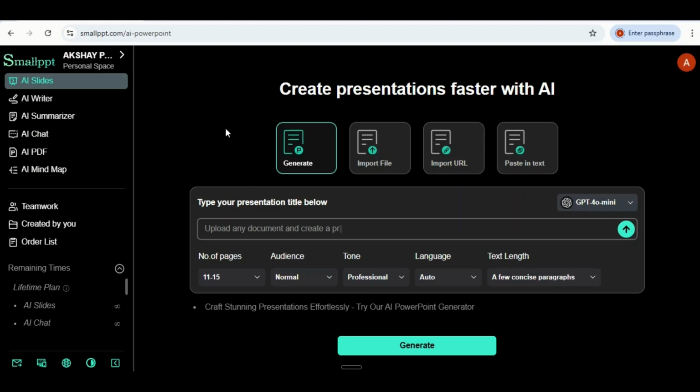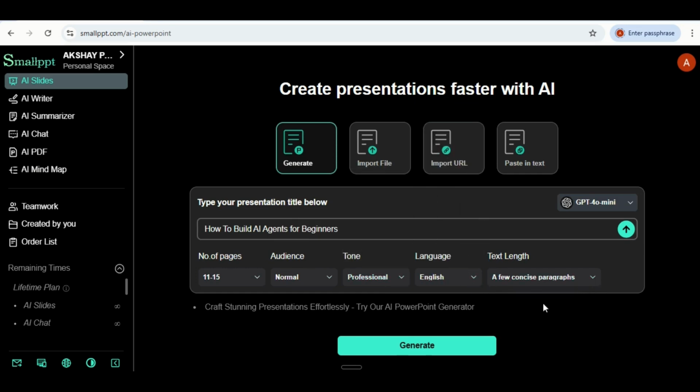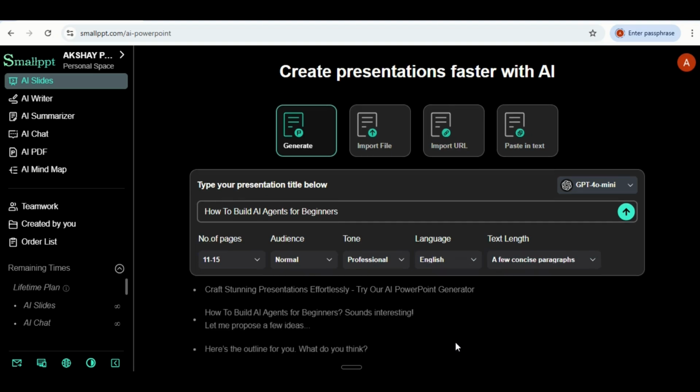On the left panel, you will find tools like AI Slides, AI Writer, and Summarizer. In the center, you can start fresh, import a file, or even paste a URL. For example, I typed in my topic, how to build an AI agent for beginners. Then I selected the slide count, audience type, tone, language, and text length. And within a few seconds, boom,